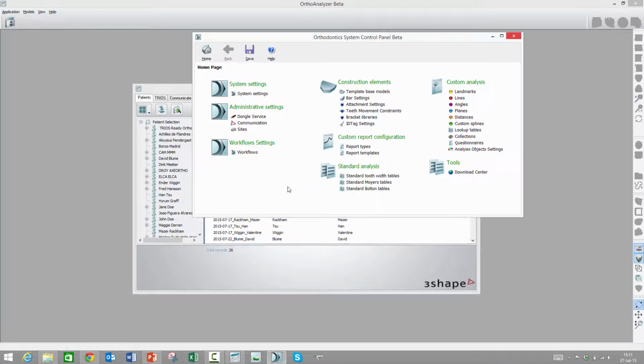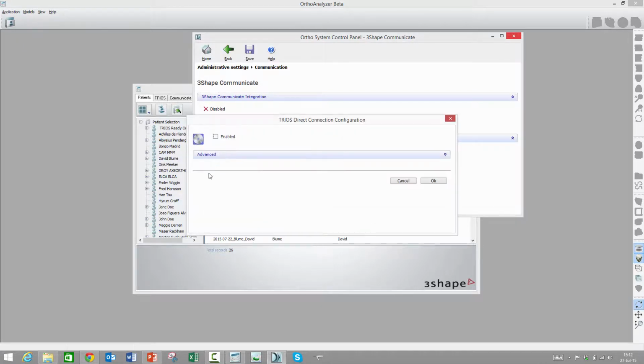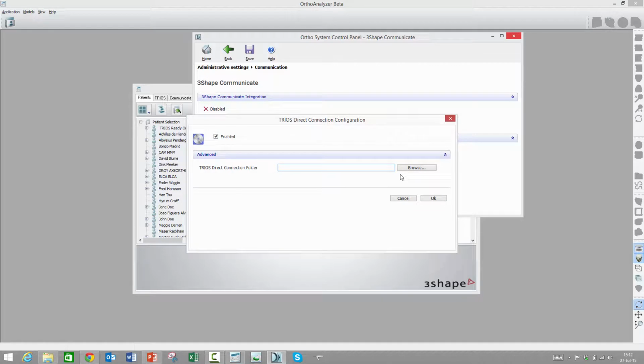And in the ortho control panel here, there is a link called communication. This is where you need to do the final thing on the treas integration. As you see here, treas direct connection is disabled, so I just need to click configure, set a tick mark in enabled, and then I can type in the folder that I created in the first step. You can either browse or just type it in like I've done here. I click OK, and I confirm the save,